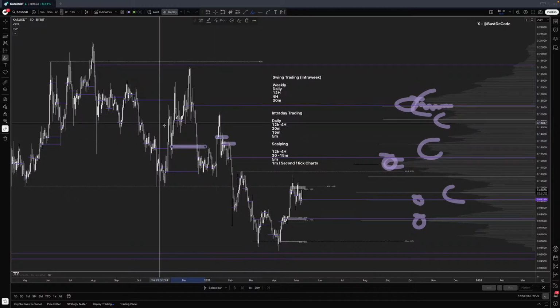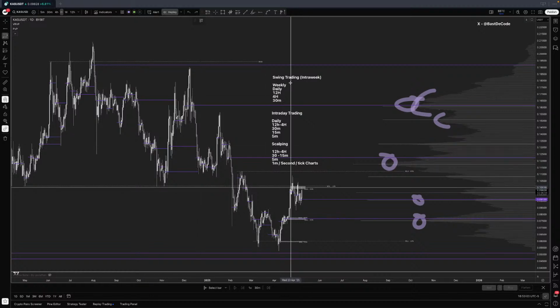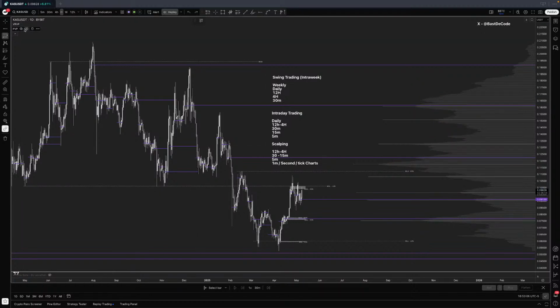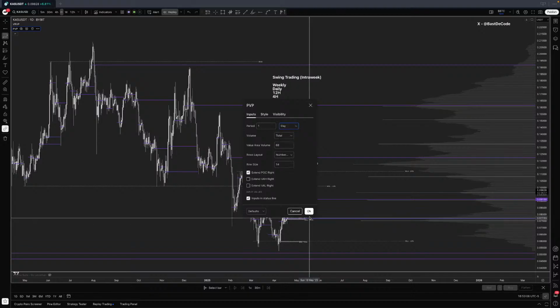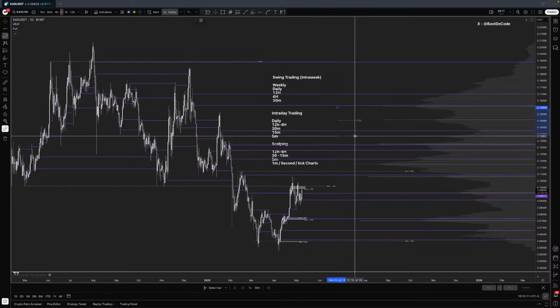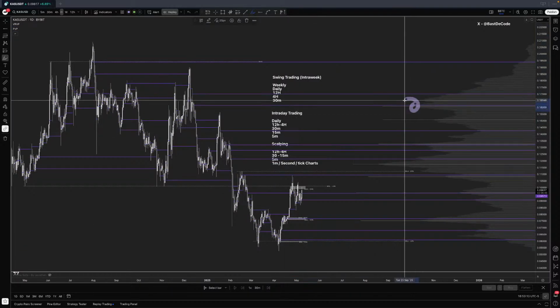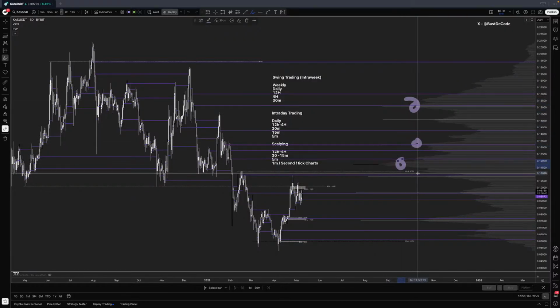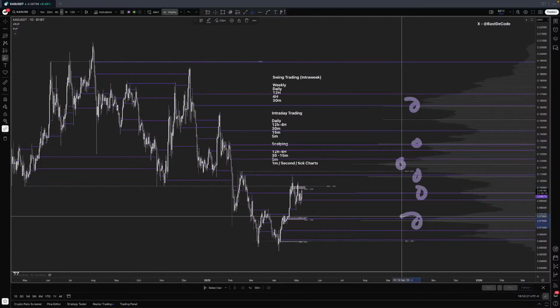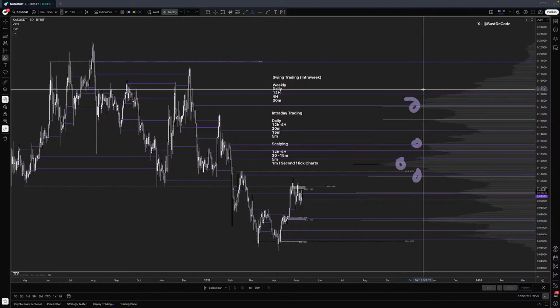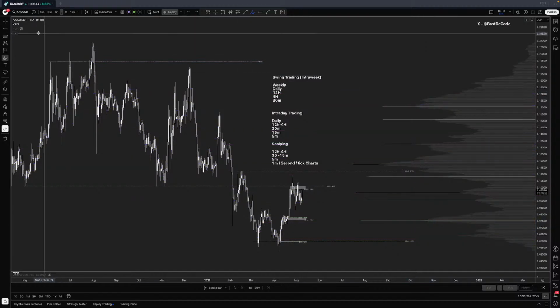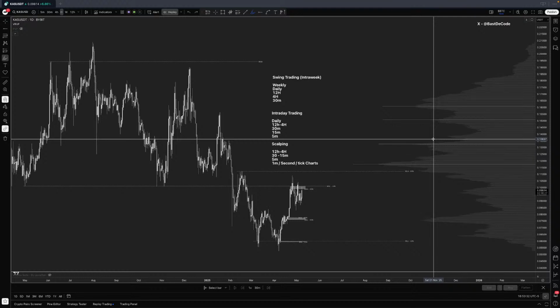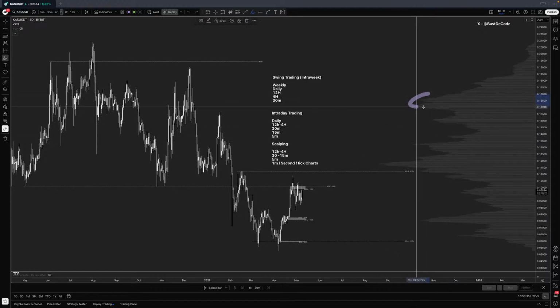And not only from a naked point of control view, but also from a simple point of control. To avoid this mess of a lot of points of control that we don't like to see, we can put it on the daily as well if you want. And this is when you're going to see that most of these levels are aligned with high volume nodes. But I don't want to see this mess.